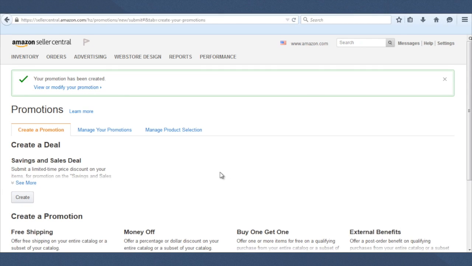Pacific Standard Time. And if you want to see your promotions, you can just go here to manage promotions, but it will not show up there until the code goes live. So after 7 p.m., I can actually go in here to manage promotions. It'll show your code live there. And if you need to make any changes to it, you can do that. And also it allows you to end the promotion if you don't want to continue it after you've already started it. So that's how we create our Amazon Seller Central promotion code,